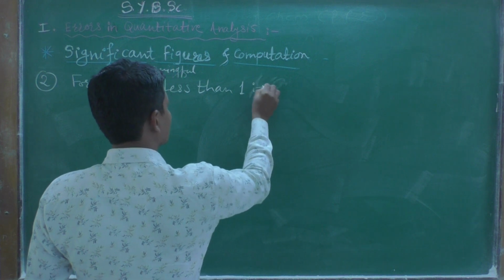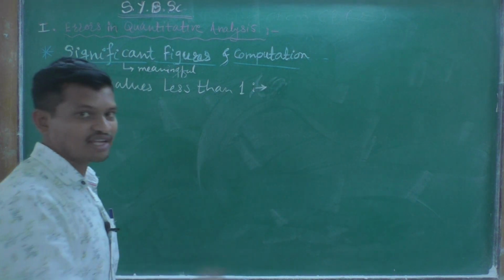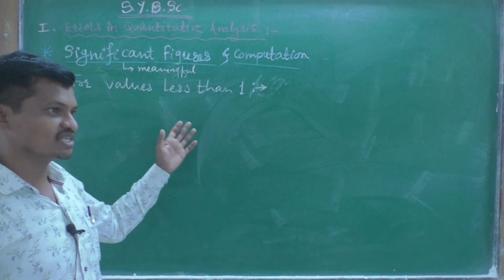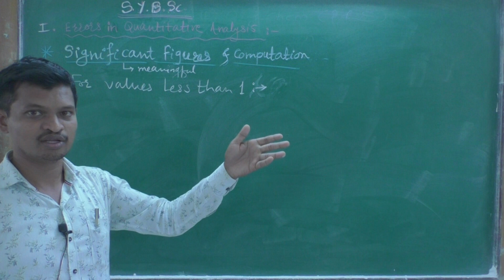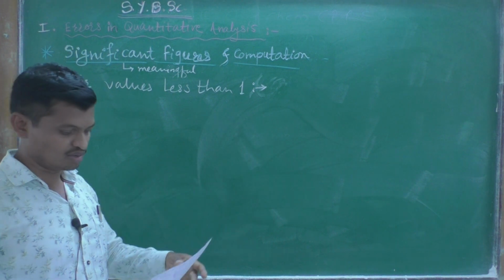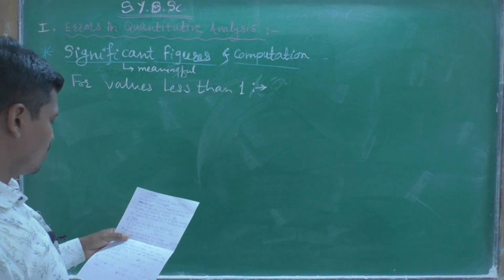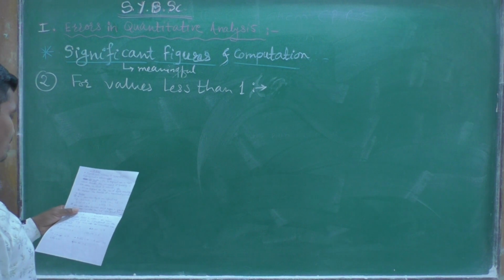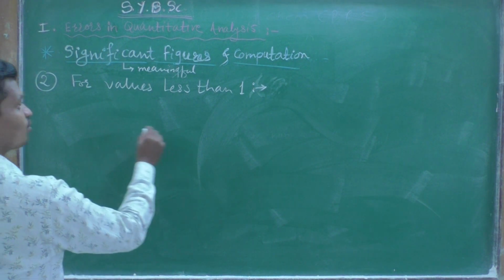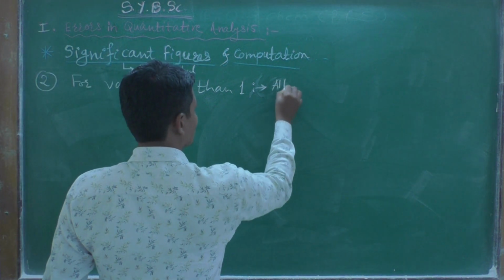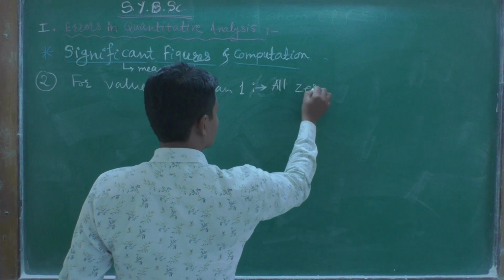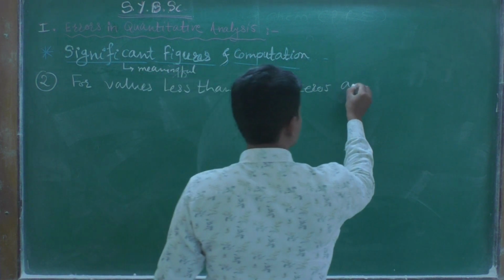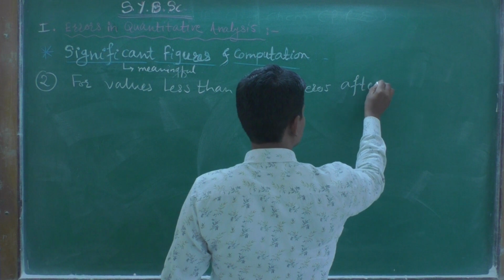Okay, means they are in fractions, such as 0 point something. In this case, what is the rule? All zeros after the decimal point,